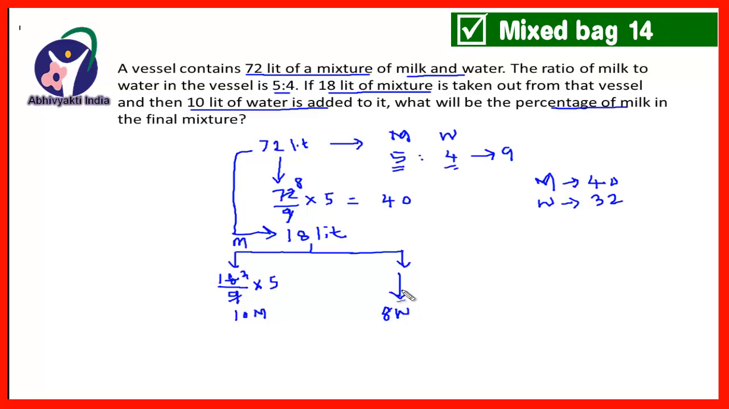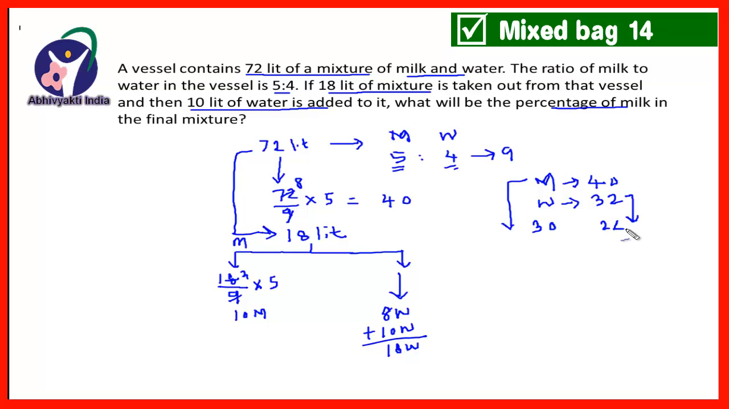Now after removing 18 liters of mixture, 10 liters of water is added to it. Now this 10 liters of water is added, and therefore the total quantity of water will be 18 liters. Now from this, 10 liters of milk is removed. It means how much milk is left? 30 liters of milk is left, and from this 8 liters of water is removed, it means